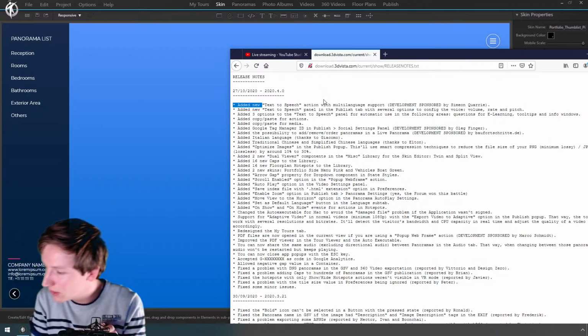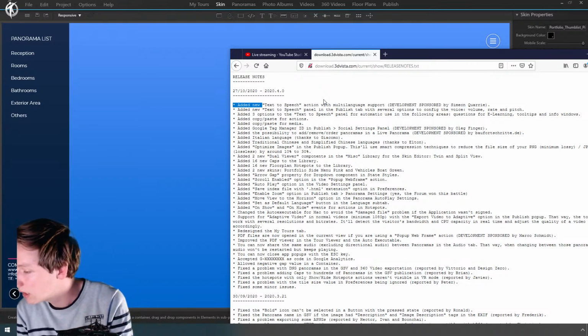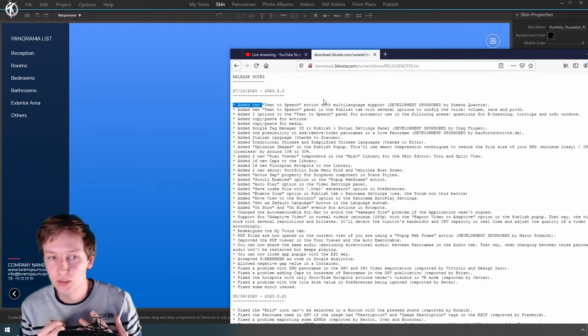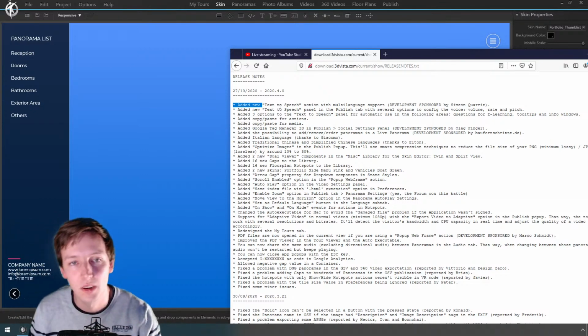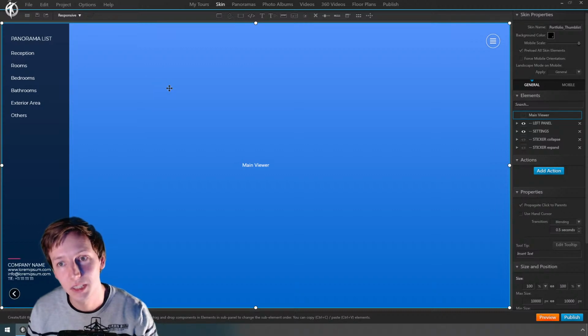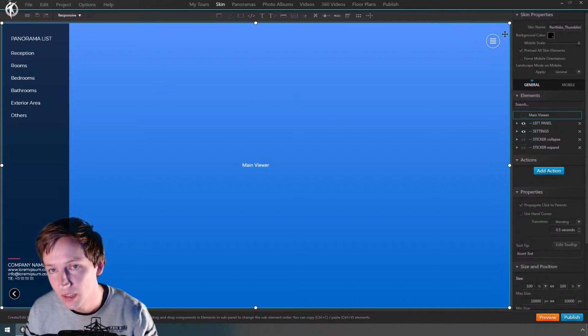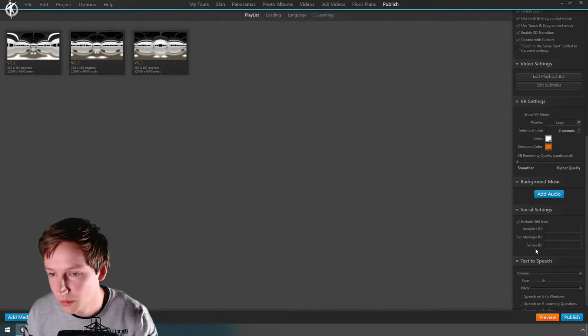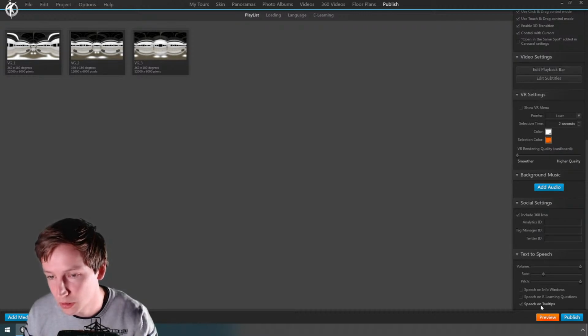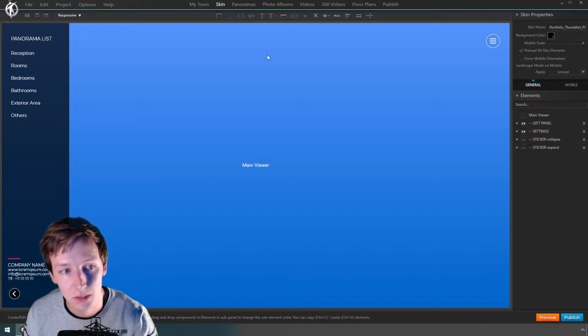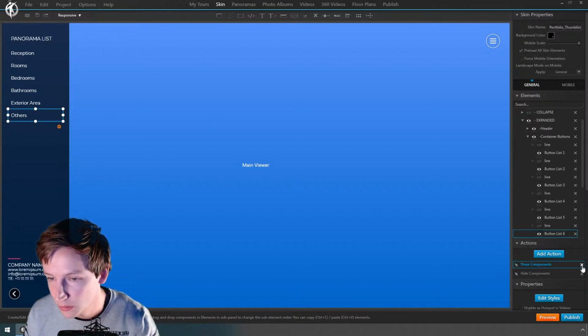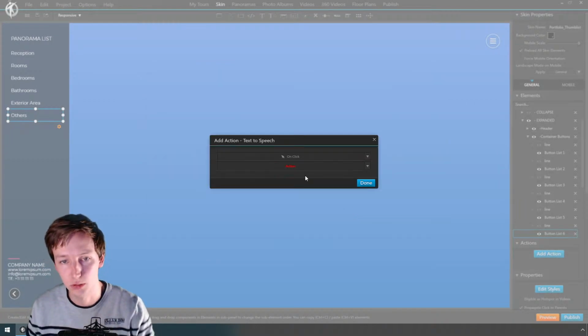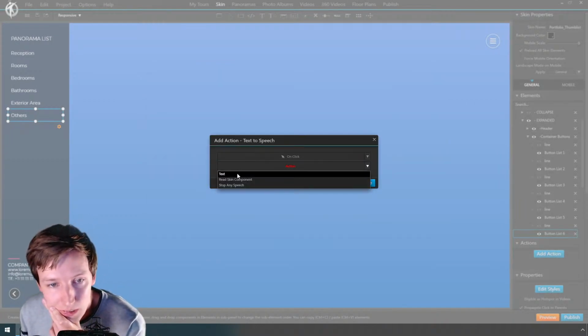May Magalon, I think if I understand correctly, you mean that you could determine if people could use the text to speech. That's an interesting thought. If you could actually say, read me all the tooltips or not, because right now all the tooltips are just going to be read no matter what, and you cannot use this as an action, but maybe you can, I don't know. So let's use this one, add action, text to speech, on click,